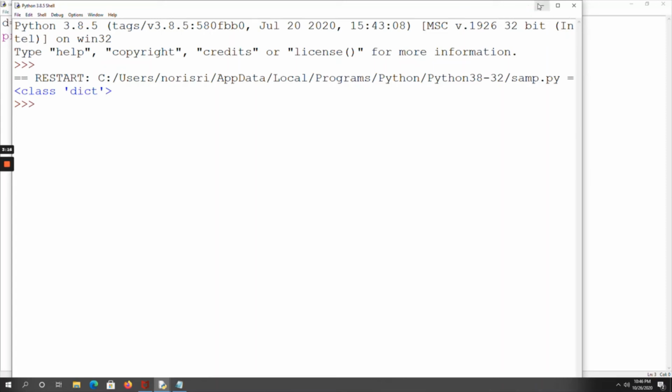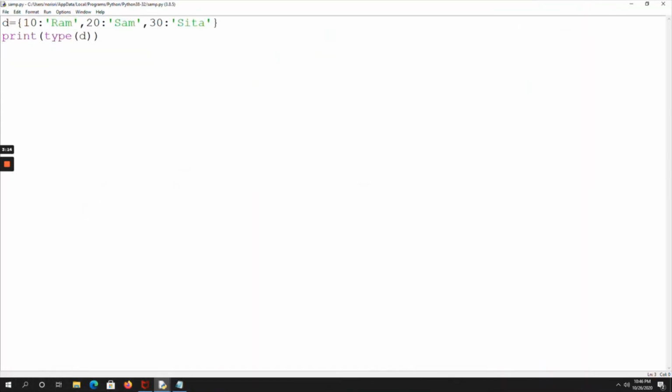Okay, suppose in the same example I am taking an empty dictionary. Now I am going to add key value elements. For that, what is the syntax? D of key equal to value. That means D of 10 equal to Ram.